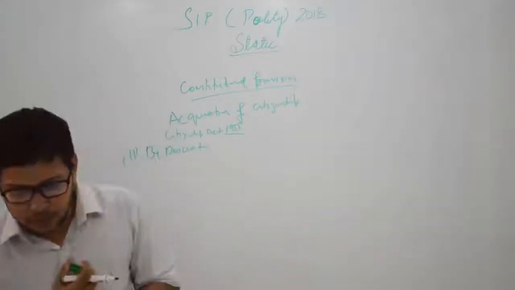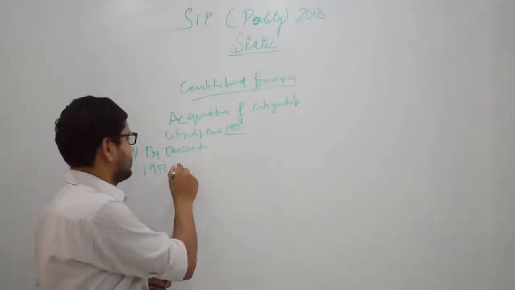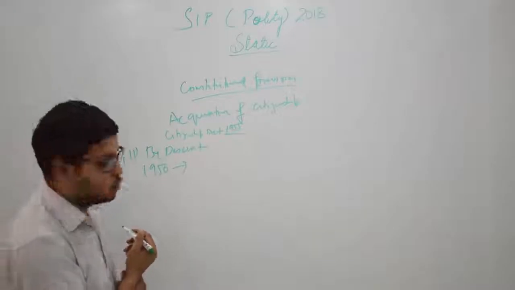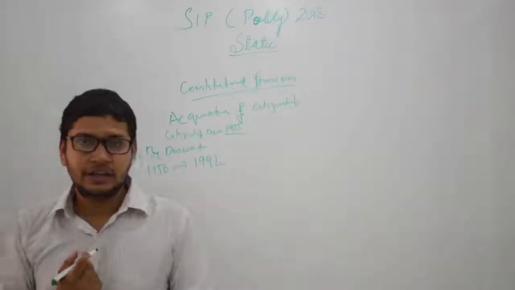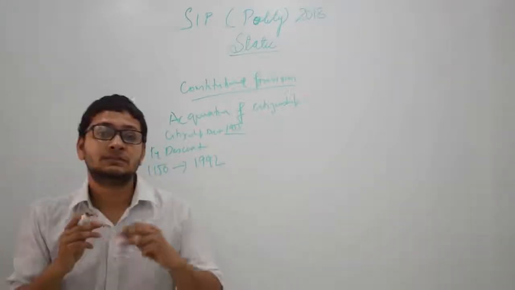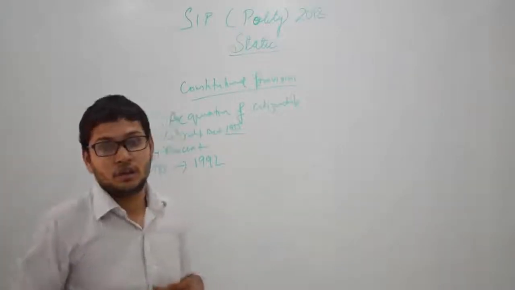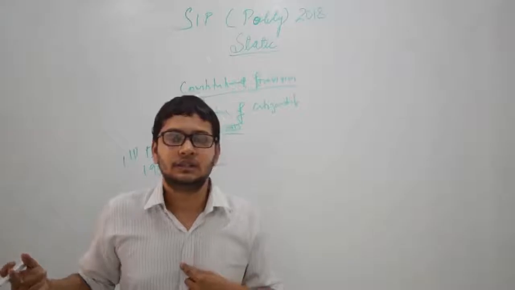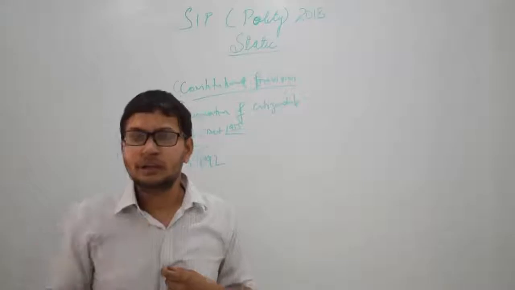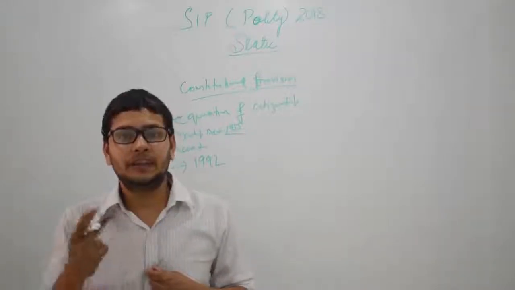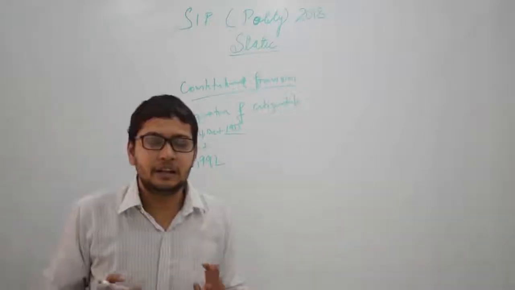So for those people who were born between 1950 and 1992, outside India, they will be automatically citizens of India if their father was a citizen of India at that time. So if I am born in US and my father is an Indian and I am born before 1992, then I would be an automatic Indian citizen without any registration and without any information to the Indian body